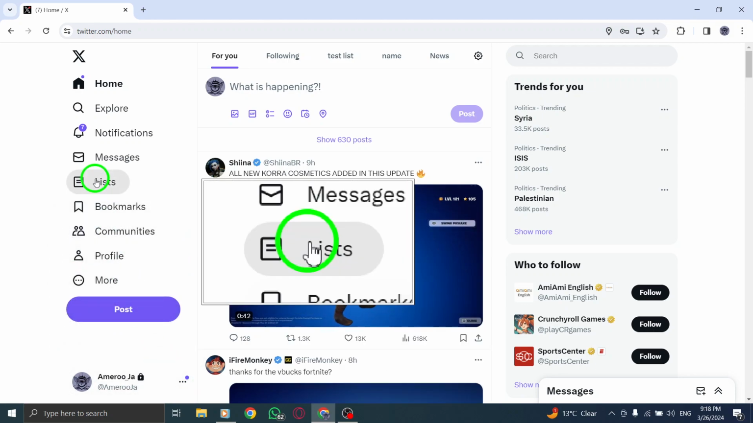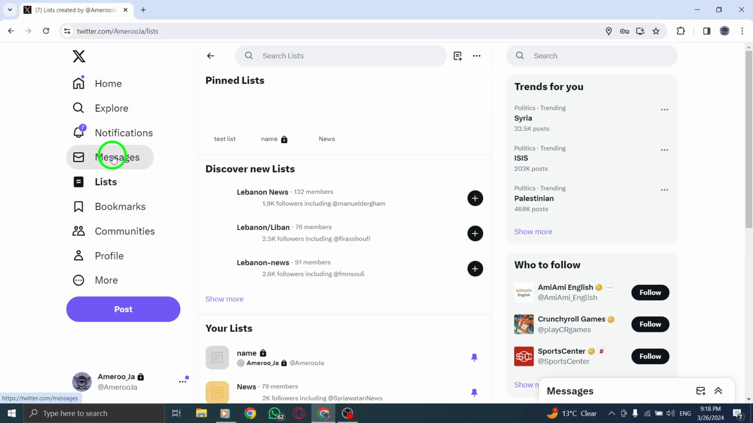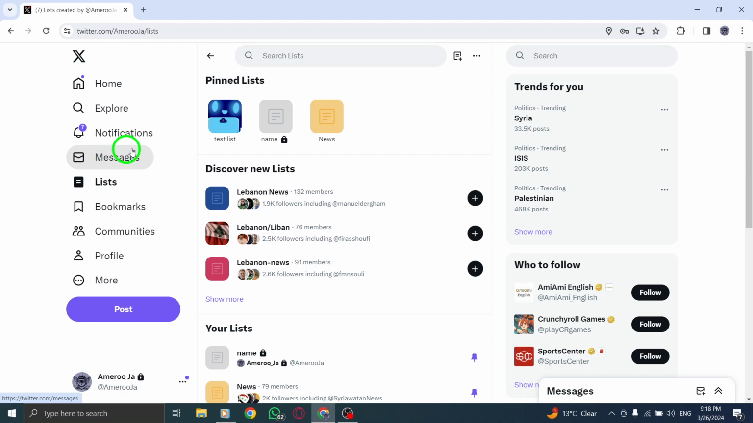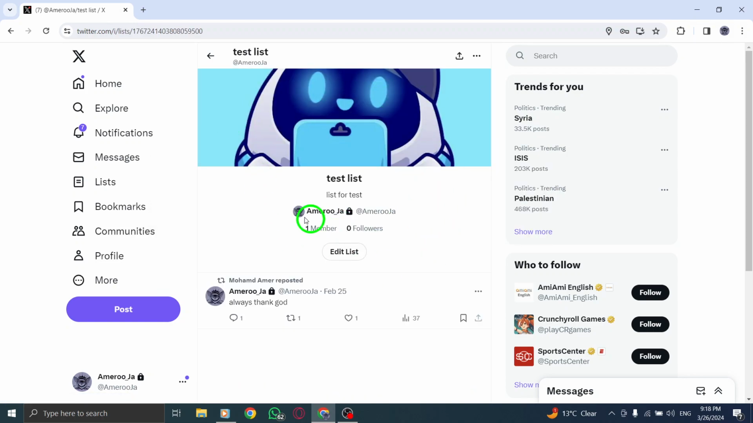This will redirect you to a new page where you can access all the lists you've created or subscribed to on Twitter. Now you'll see a list of all the lists you are a member of. Simply scroll through the options and click on the specific list that you want to view. By doing this, you'll be able to see all the tweets and updates from the accounts included in that particular